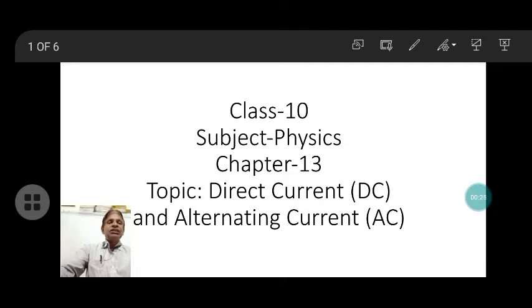DC current, in earlier activity we have used the DC current. The battery or cell that produces the current is DC current because this current flows from positive terminal to negative terminal. But AC current is used in our house,